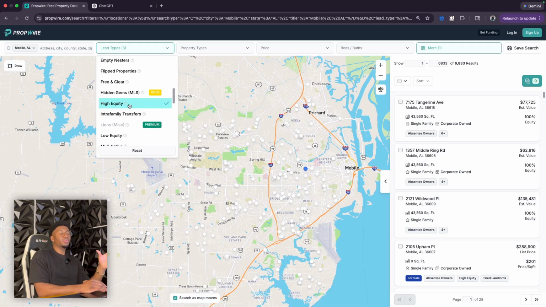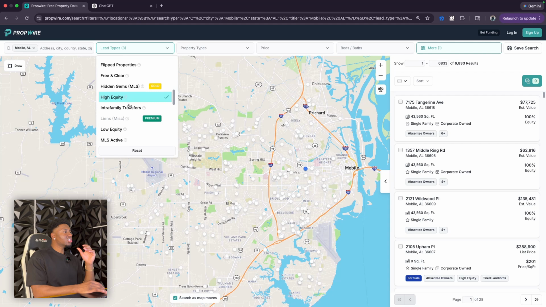The only time I don't pull a high equity list is if I'm looking for like a creative finance deal. And honestly, I don't like to wholesale creative finance deals. The only time I pull creative finance deals is if I'm looking to purchase a property subject to the mortgage, or do some type of creative finance deal for myself. I only do creative finance deals if I'm buying. If not, I'm not really wholesaling creative finance. Next, what I'll do,